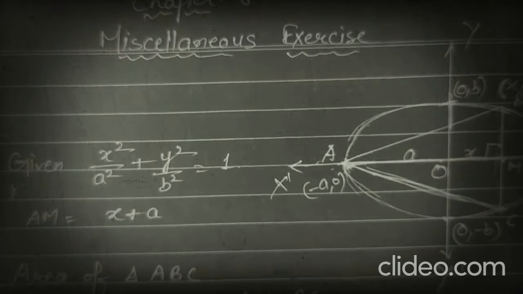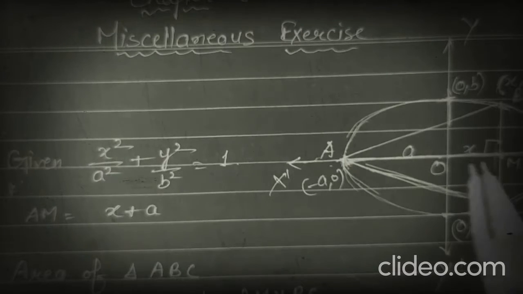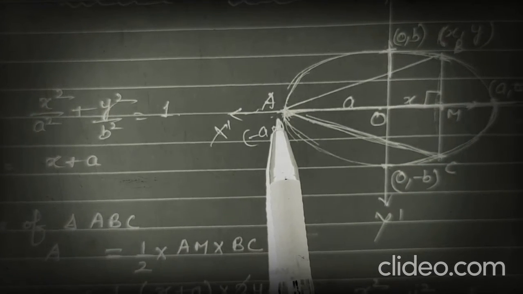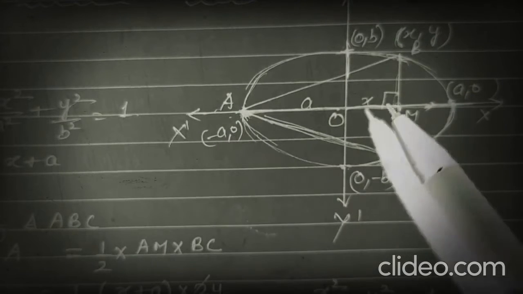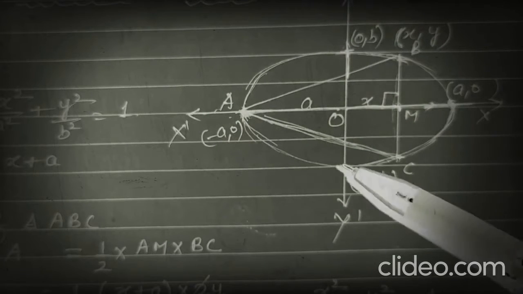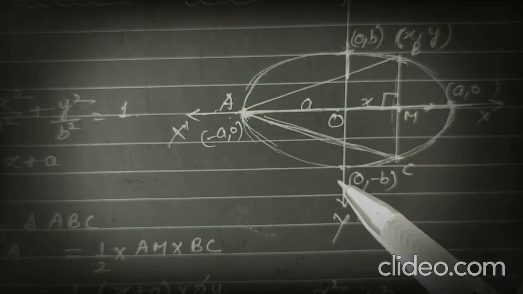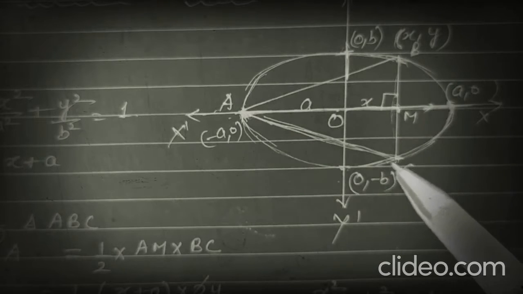So here the ellipse equation is x square upon a square plus y square upon b square is equal to 1. So it will cut the x-axis at a. Here this vertex is (a, 0) and this vertex is (minus a, 0). So these are the vertices (a, 0) and (minus a, 0), and these are the vertices (0, b) and (0, minus b). This is the major axis, this is the minor axis, and we have to find the maximum area of the isosceles triangle